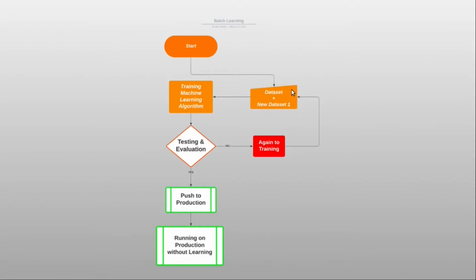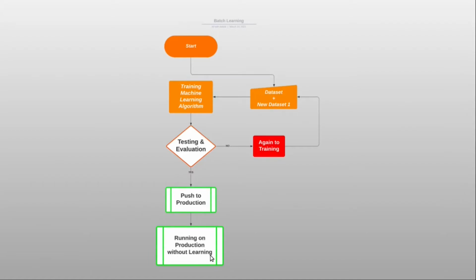And then we are going to combine both data, then it forms 2000 terabytes of data, which will be given to the machine learning model, and then it goes for training, then testing and evaluation, and if the testing goes fine, it will be pushed to production, and it runs on